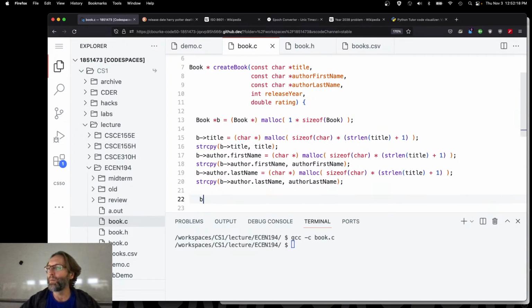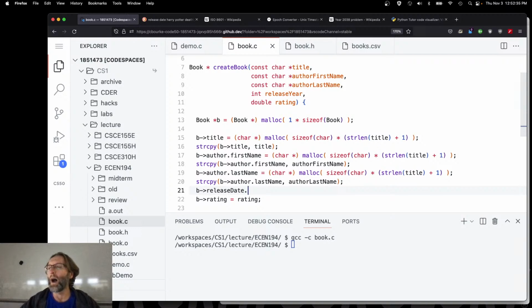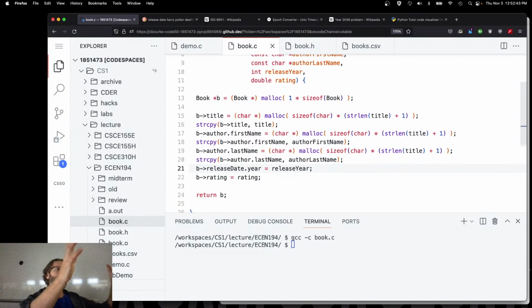And then finally, the book's rating, what is it? The book's rating is equal to rating. Right? Oh, then the release year. The book's year, what was it called? Release year? Or release date, right? Which is another structure. Dot year is equal to release year. There. Lots of boilerplate stuff of putting one value in a variable into another variable so that